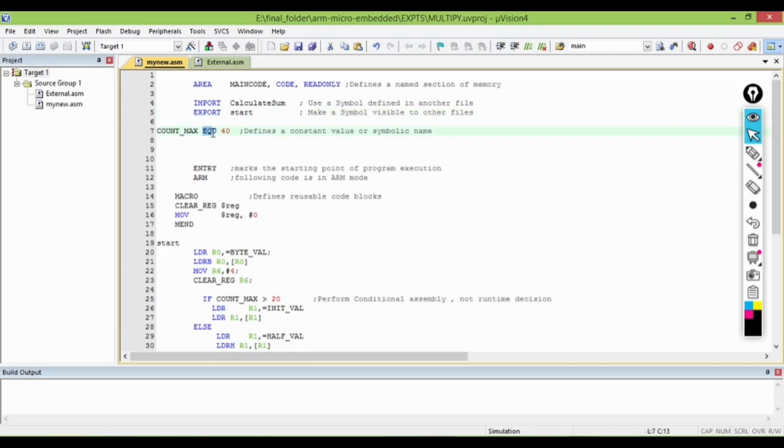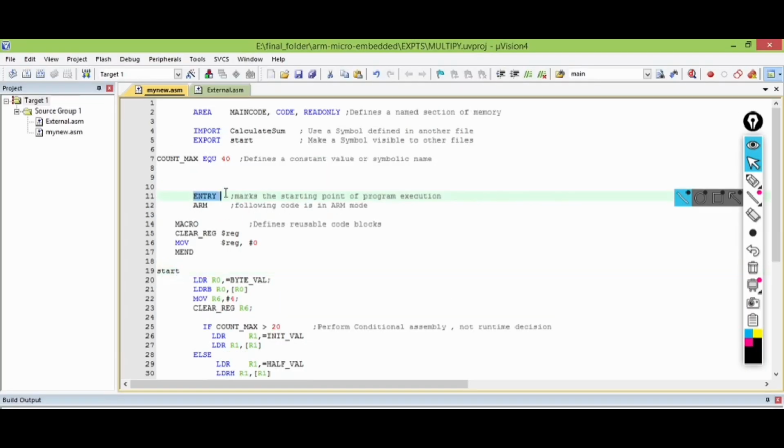Next we have EQU, which is an assembler directive which defines a constant value or symbolic name. What does it mean? Wherever I use count max, the actual value it represents is 40. Next we have ENTRY, which is an assembler directive which marks the starting point of program execution, so that the assembler knows from which exact line the execution should start. After ENTRY, whatever label is specified will be the location where your control jumps to when you start